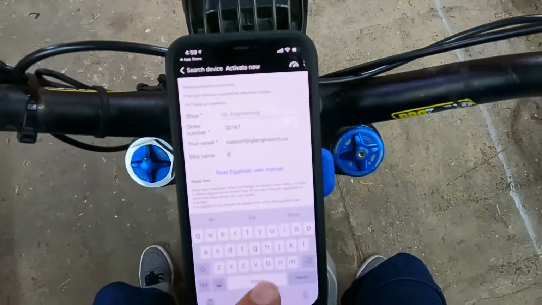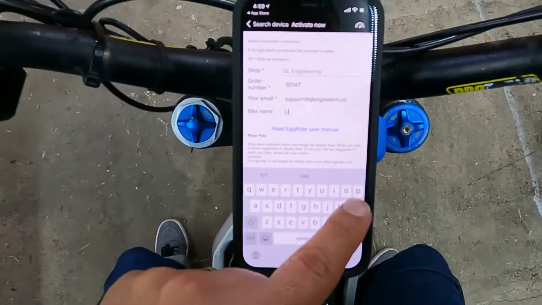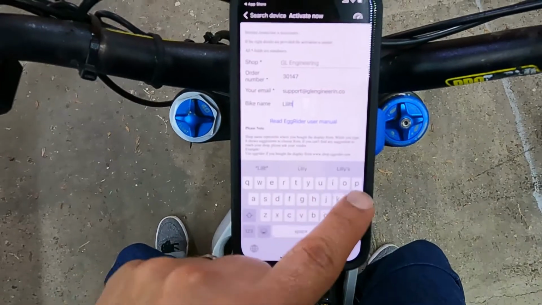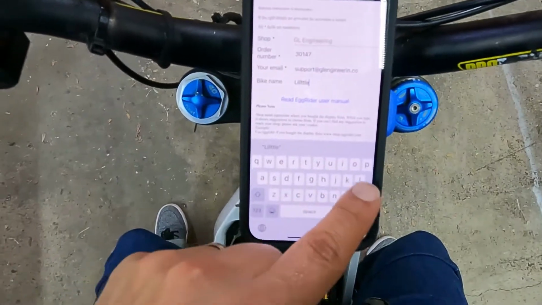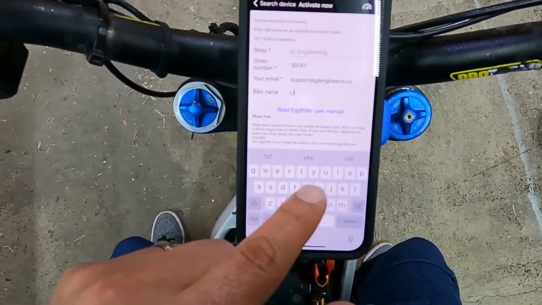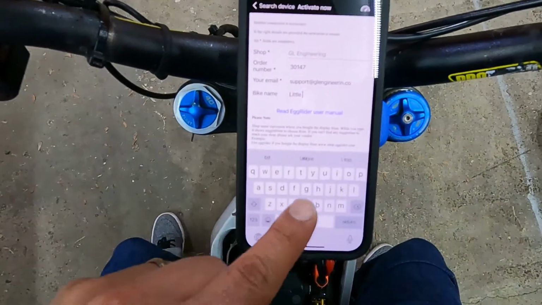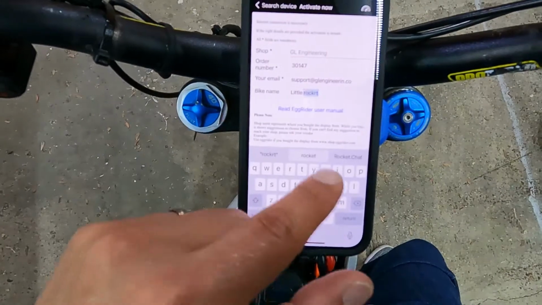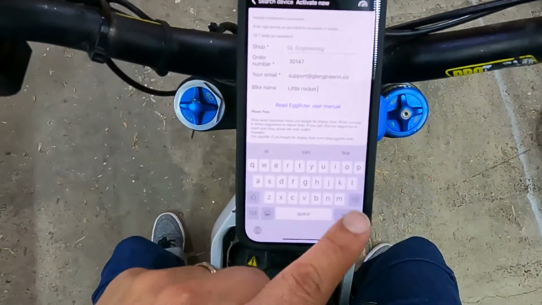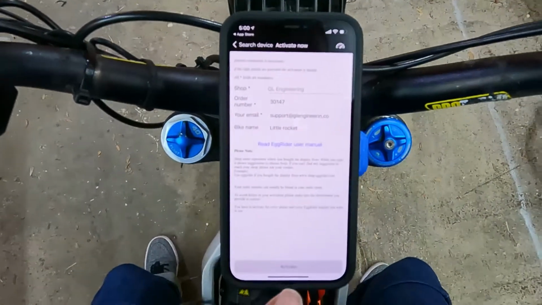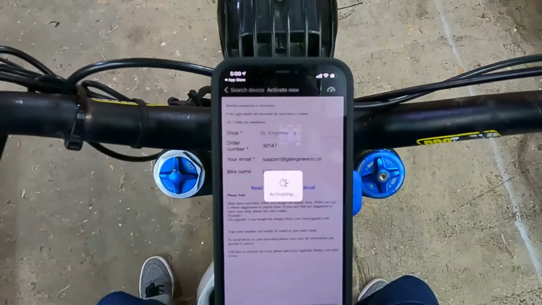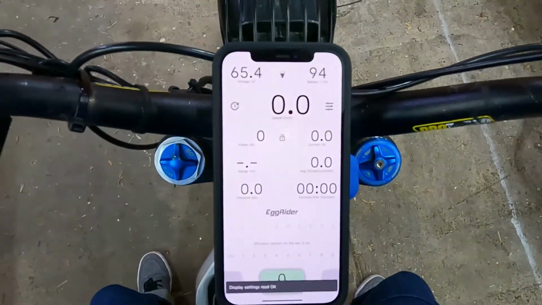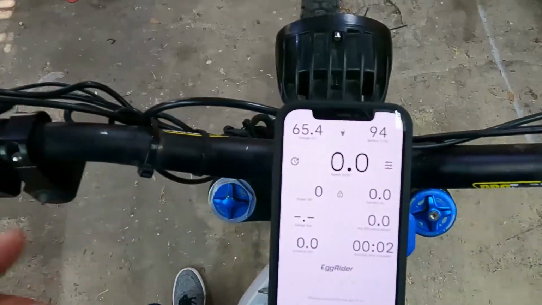and I'm going to give this bike a name. I'm going to call it Little Rocket. Okay, that's the name. And then I'm going to hit activate. And that should activate the app, and boom, you should be able to see all the information that you see on your display,